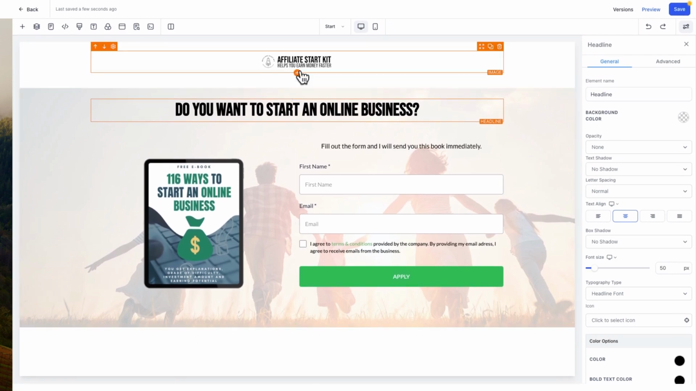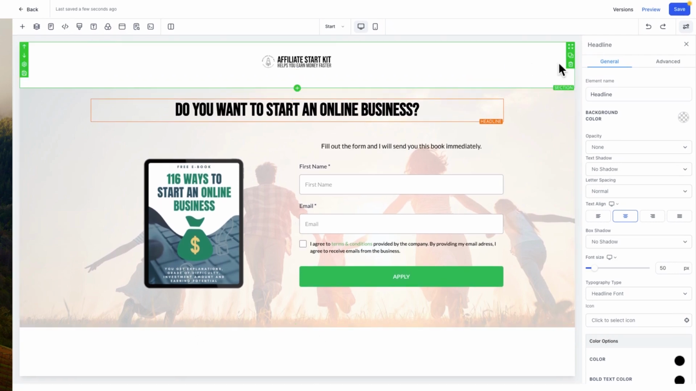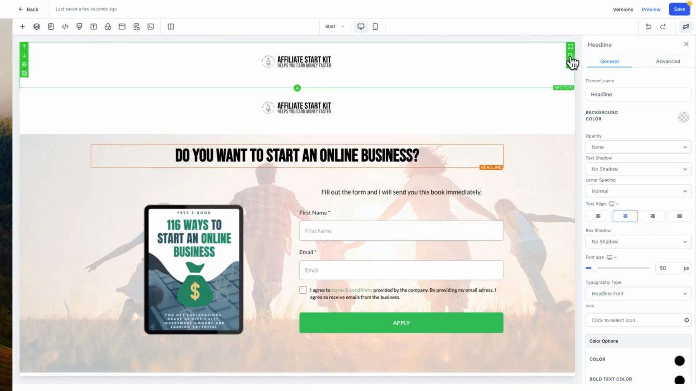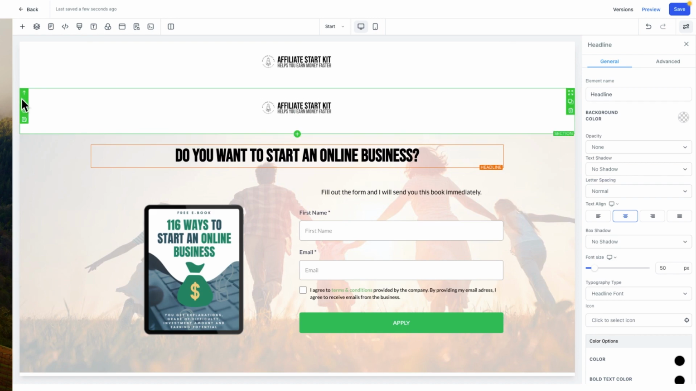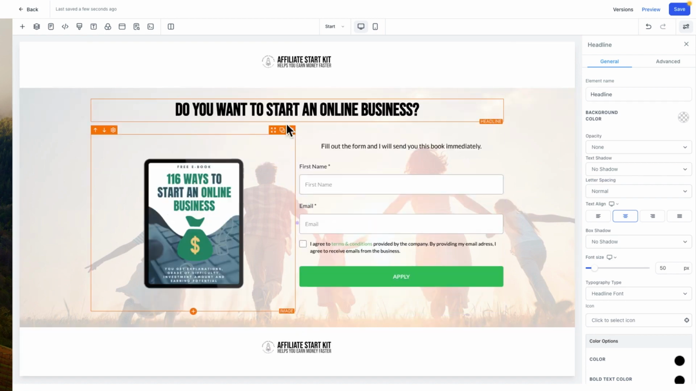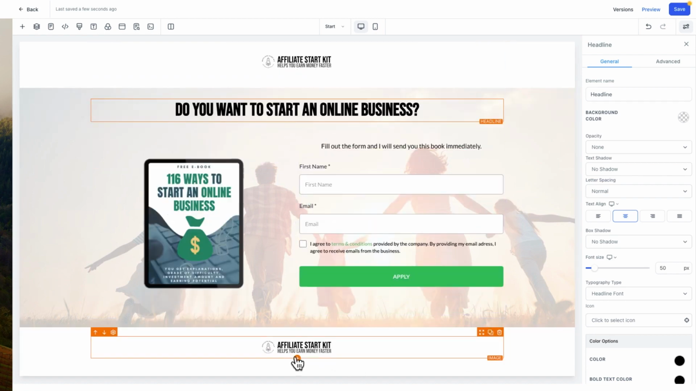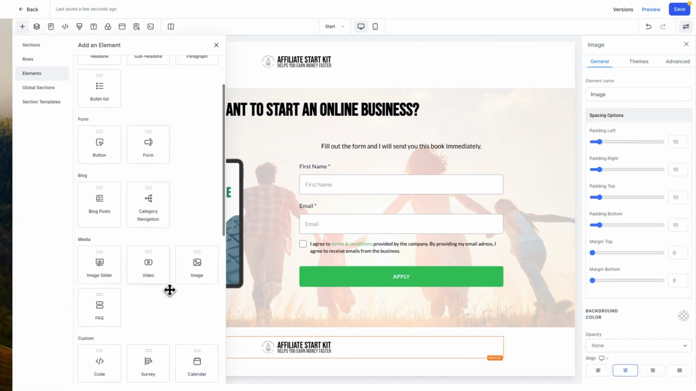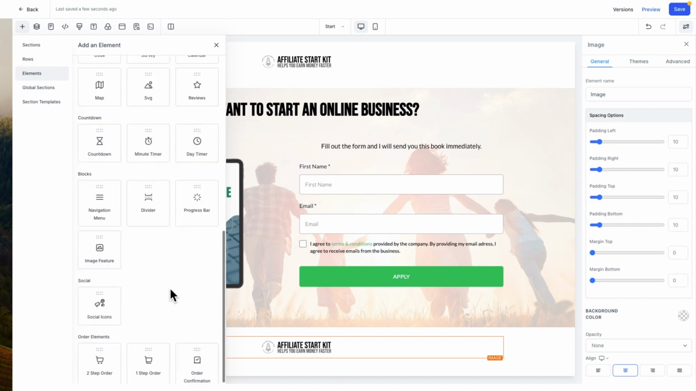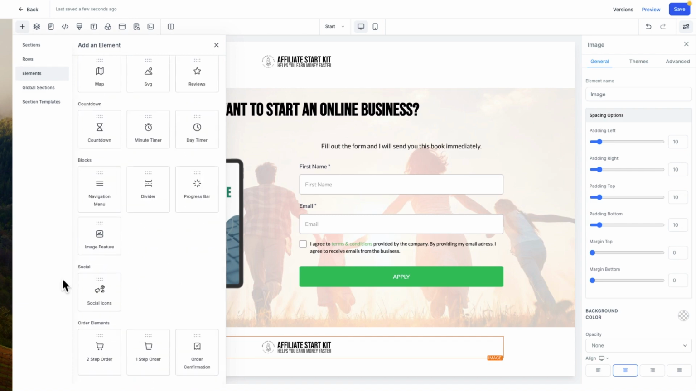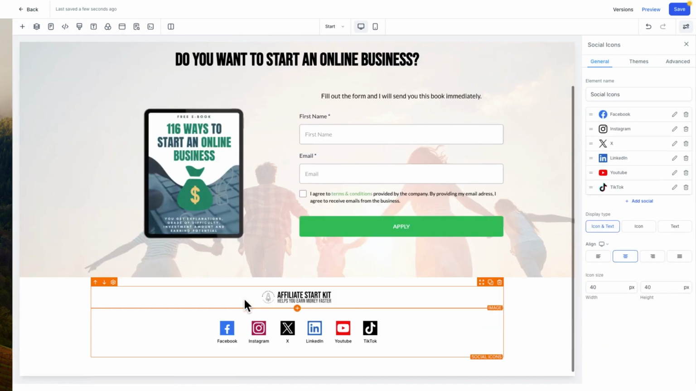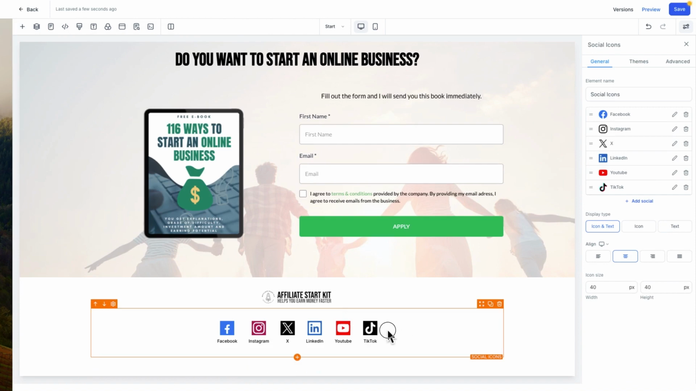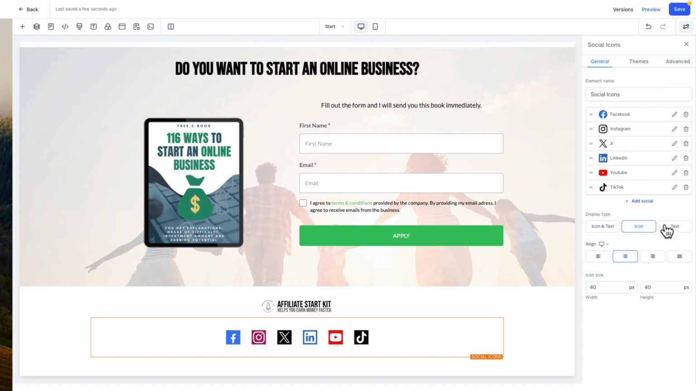Now I will copy this section, and you do that by pressing this little icon. So we clone it, and then we can move it down. So we have our logo up here, and down here we have also our logo, and maybe we want to put some social icons there. You see this, and if we go into it, we can change how it looks,